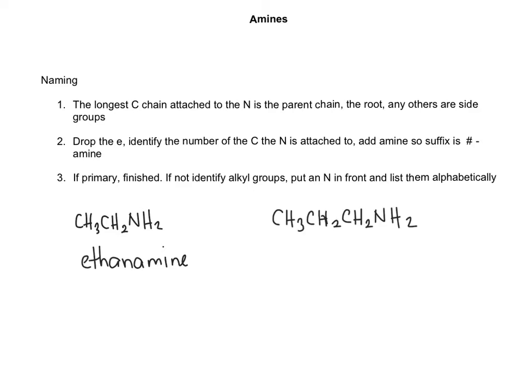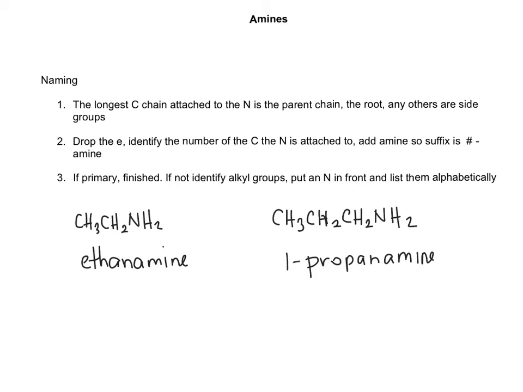This structure is also a primary amine because there's two hydrogens, and this is three carbons long. So this is propane. So we're going to take off the E and add amine. So propane, amine. And the carbon that's attached to the nitrogen is the end carbon, so it's carbon number one. So this would be 1